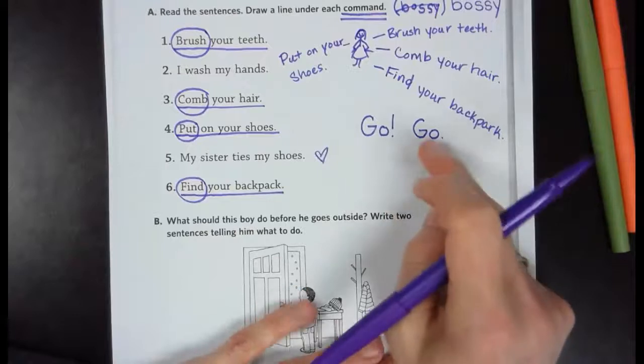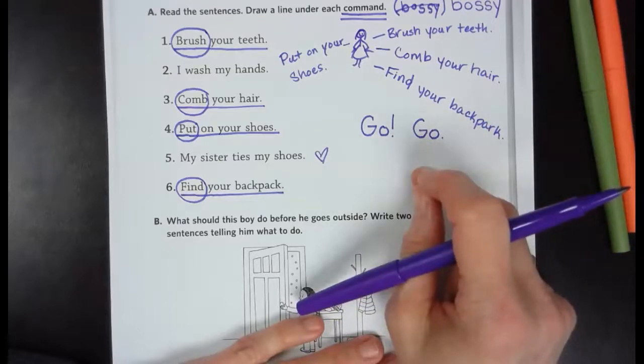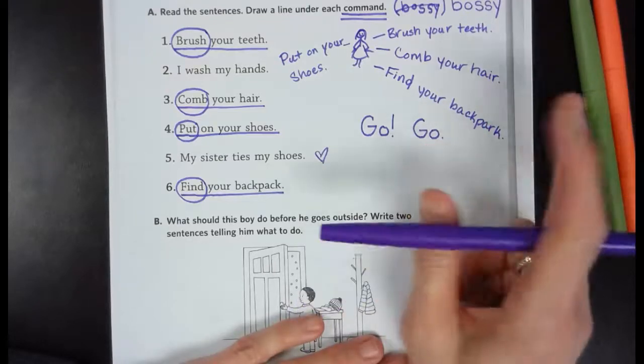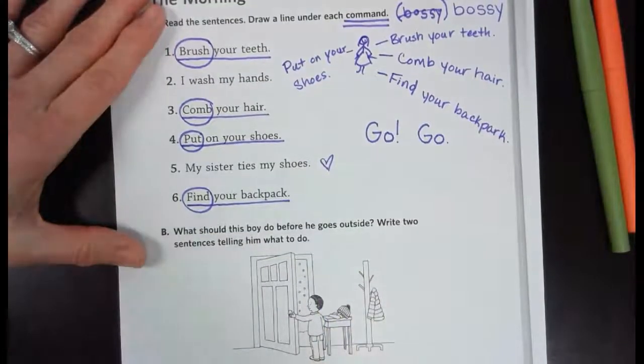You might have heard your Mom say to your dad, or Grandma say to Auntie, she's sitting at a stoplight and you're just waiting and waiting, and somebody says, go, go, the light's green, go. That's a command. All right. Another one might be